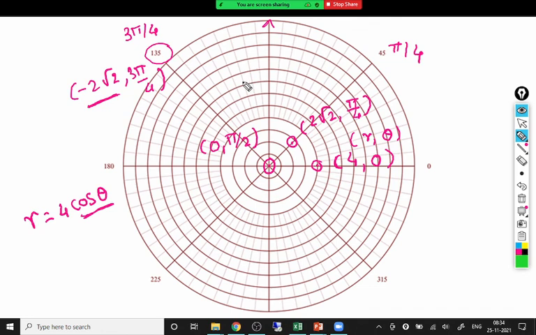So I will say this graph does not exist from pi by 2 to 3 pi by 2. In between that, it is considered a region of absence. The curve will not exist there because r is negative. But when we come to 3 pi by 2, if we replace theta by 3 pi by 2, r again comes 0. So this point we got as 0 comma pi by 2 also represents 0 comma 3 pi by 2. At 3 pi by 2 also r is 0.